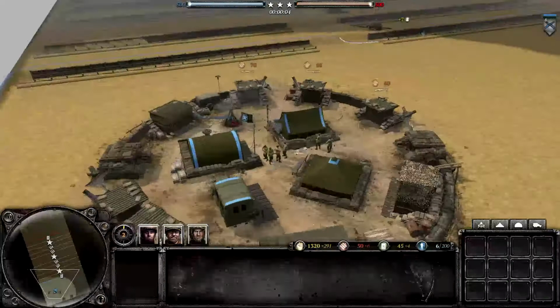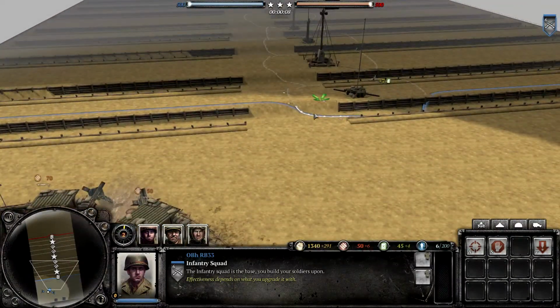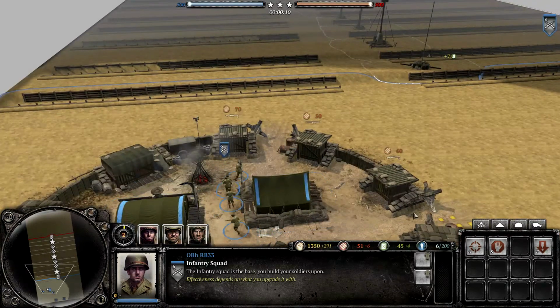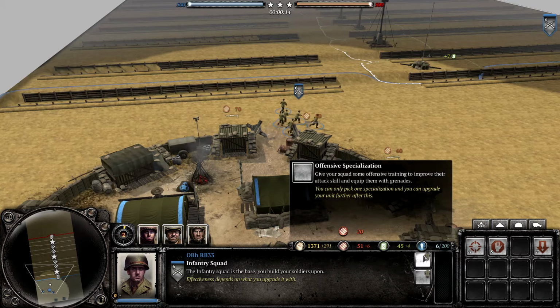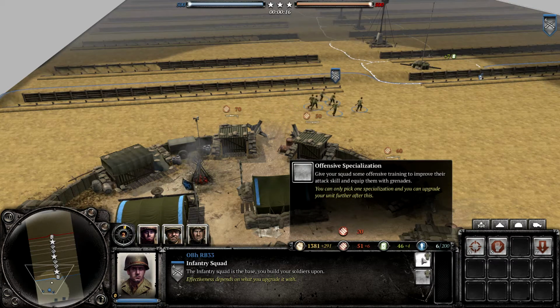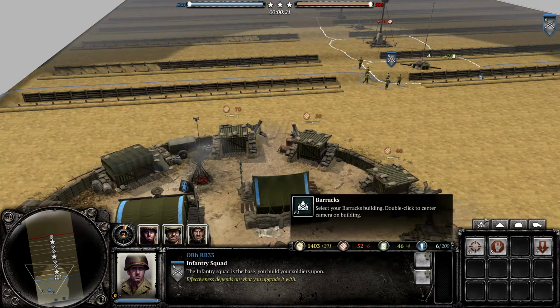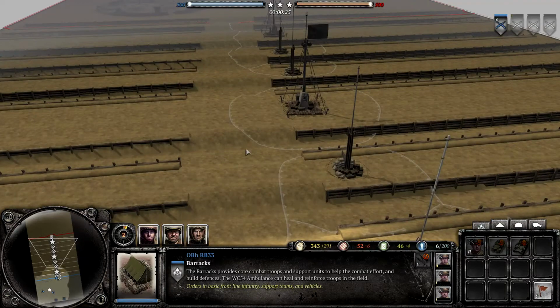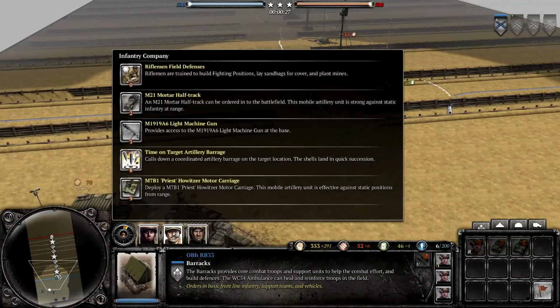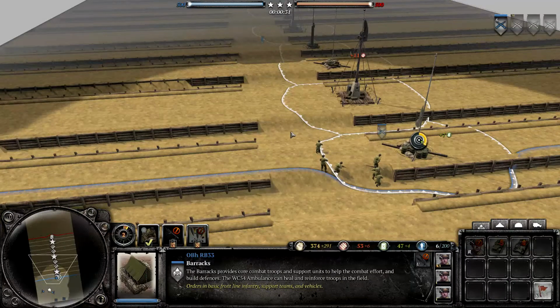So yeah. Take this squad, get it up there. So to begin with our infantry squad, we got 2 choices: offensive specialization or defensive specialization. But before we do that, I'm gonna get us some more troops, get them out in the field, pick a commander for once. I usually forget to do that. But back here,